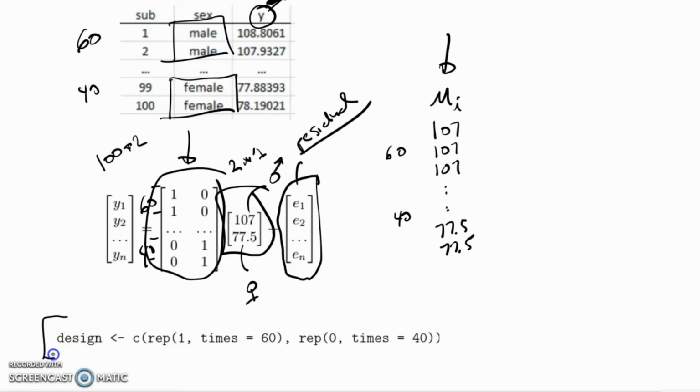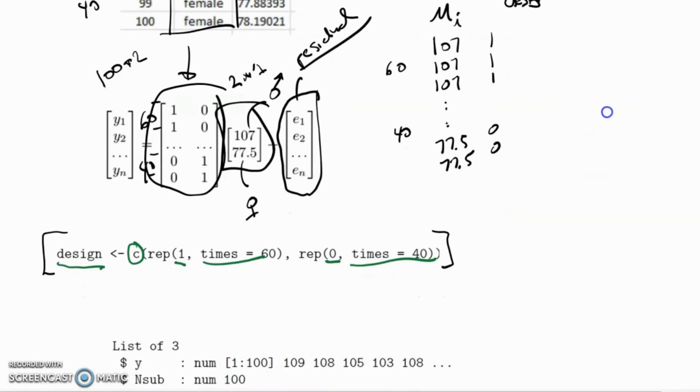We've got some code like this that's going to create something called design, which is a concatenation of two things: the number 1 repeated 60 times, followed by the number 0 repeated 40 times. So I can come back up here, and we've got this thing called design. It's going to be 1, 1, 1, 60 of those, followed by 40 zeros. And now, what I can think about